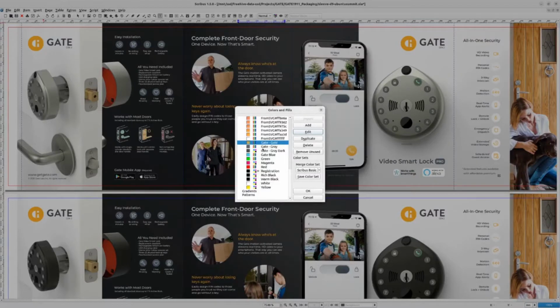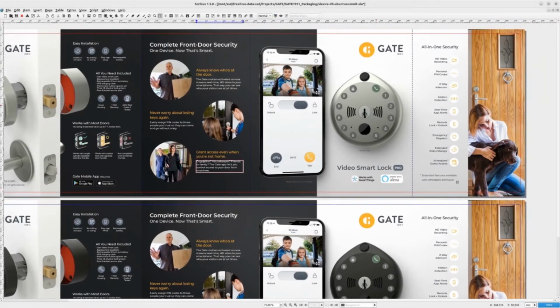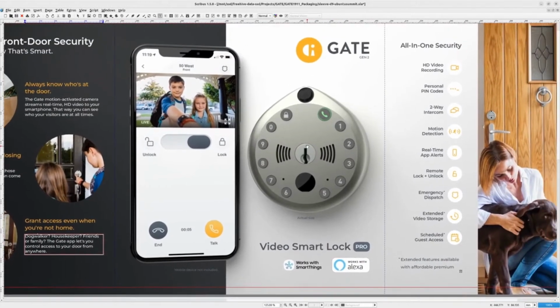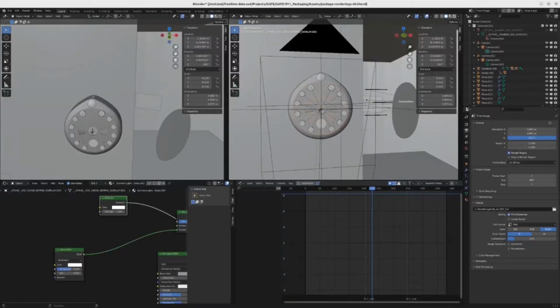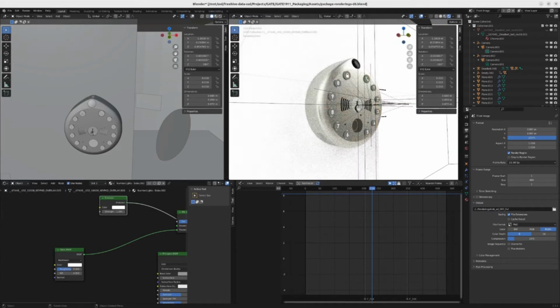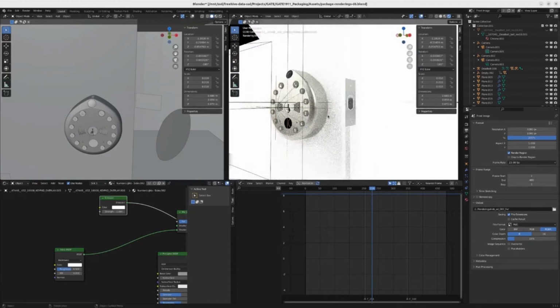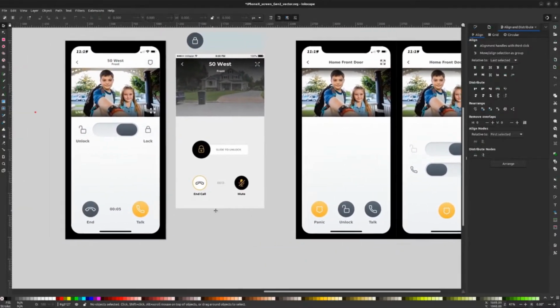free software I've highlighted. If you're designing large multi-page documents or need to export a PDF for print with spot or CMYK colors, it is the best free software solution available. In this case, it was used as the gathering place for several elements created in other applications. On the front, you can see a rendering of the lock alongside a mobile phone. The rendering was done in Blender, of course, but the app interface was redesigned by Freehive using Inkscape.